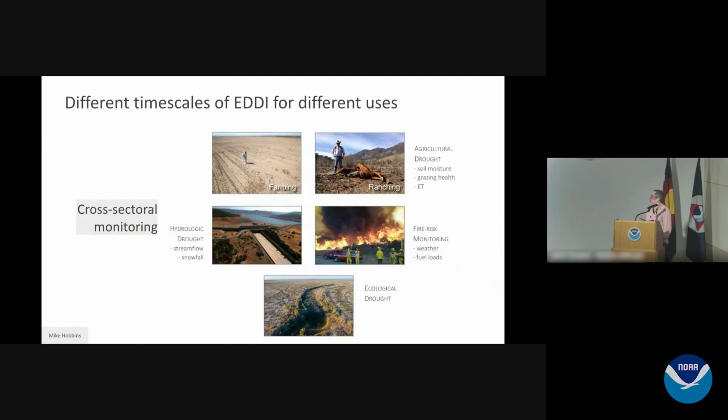Okay, so different uses. We imagined it would be good for agricultural drought, and it is. For farming, for ranching, it reflects soil moisture and ET and grazing health. But it's also shown promise in hydrologic drought, particularly in snowmelt dominated areas. So it reflects snowfall or snowfall anomalies. It's been picked up by the wildfire risk community, and they're very excited about it. Also by the emerging ecological drought ideas, and also by epidemiologists, which was a very interesting thing for me, looking at valley fever, and I can't remember the name of the other disease, but people are using it to link with that.